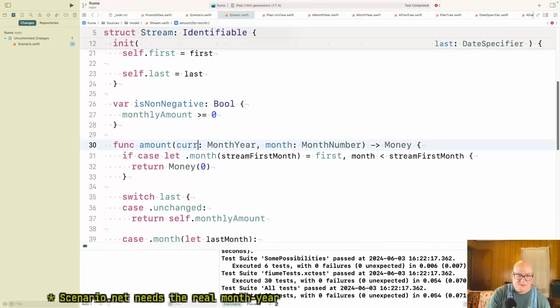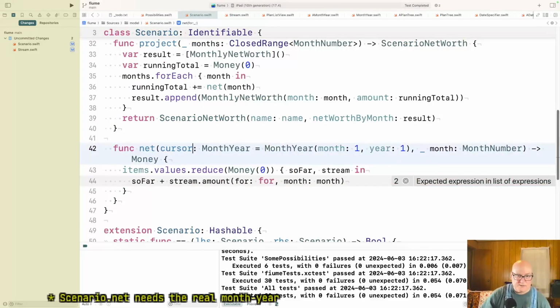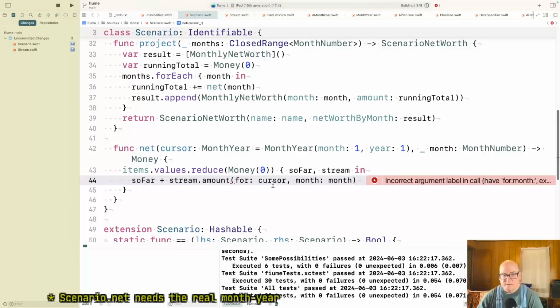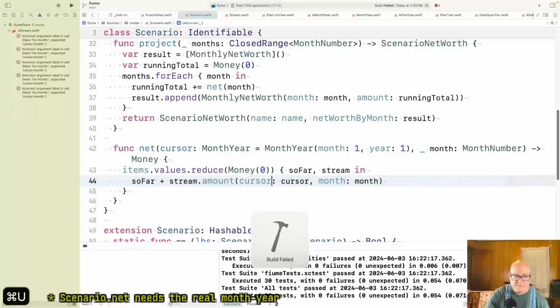Let's say current, or how about cursor? Because really this is while you're sliding along. Okay, nobody references it there. Scenario, let's call it cursor is month year, and we'll get a better name. Okay, so, oh, all those guys, yeah.